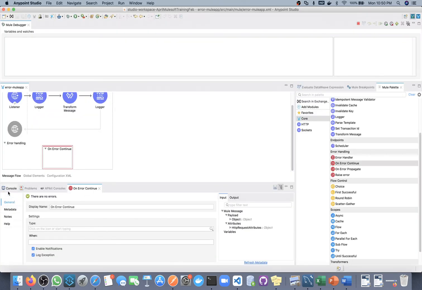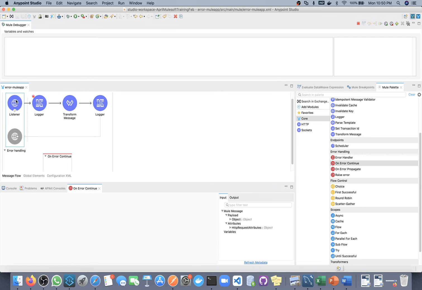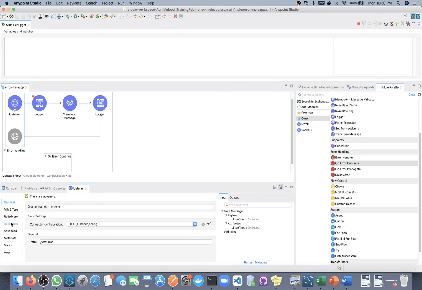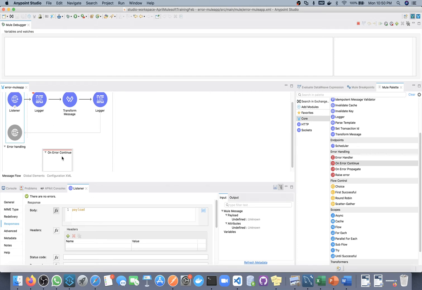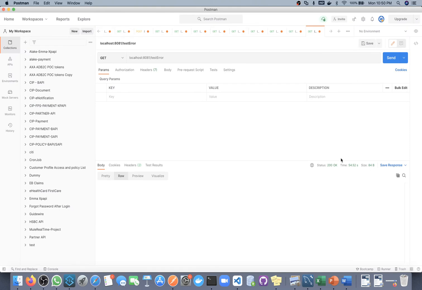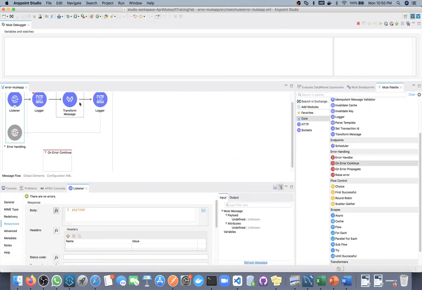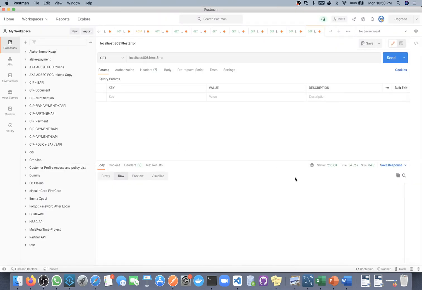Why are we getting blank? Since in case of a success response we have a payload, and we are not setting the payload anywhere, our payload is blank and we are getting 200. But in my flow we got an error somewhere. So ideally this API should send some error response, but this API is sending a success response.